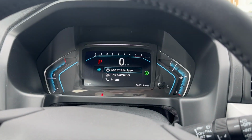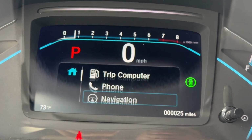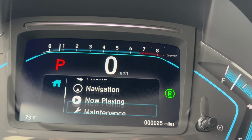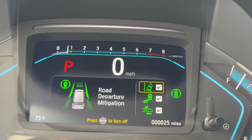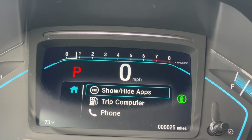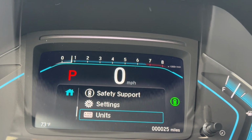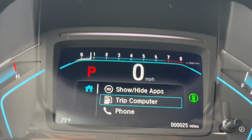And the screen over here is a little configurable. So you have your trip computer, you have your phone, you can have navigation, because the Touring does give you built-in Garmin navigation. It's a compass if there's no destination, what music you listen to, oil life, and the safety features, which you can turn on and off: the road departure, the blind spot monitoring, the automatic braking, all in this menu here. And then you can have settings, or you can switch from miles per hour to kilometers, and you can have nothing if you don't want to view anything on the screen,